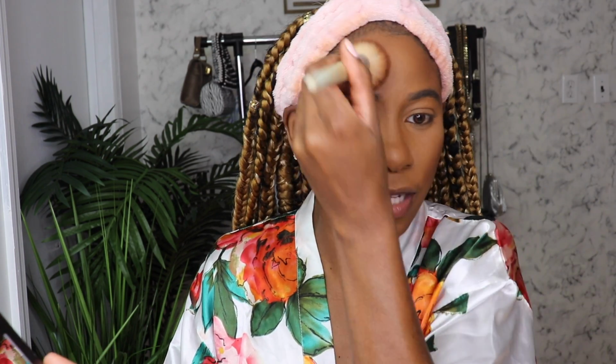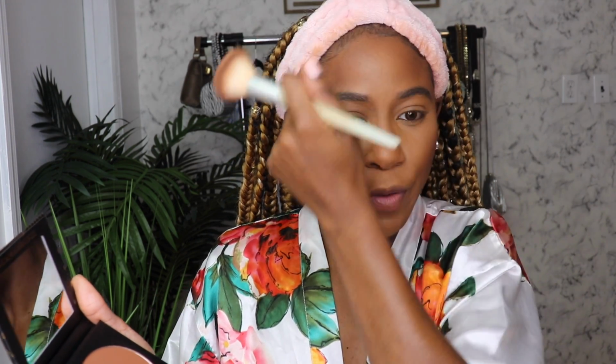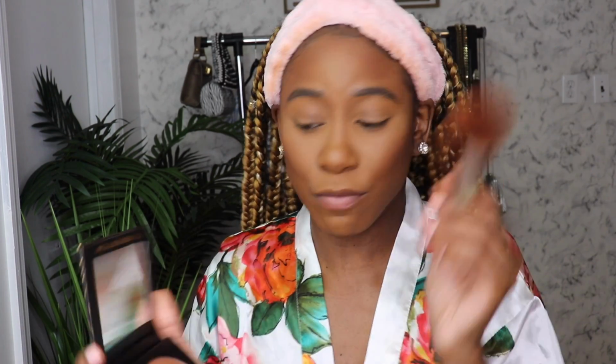I'm just gonna apply it on my forehead. I love bronzer on the forehead, guys. Can't tell me. I love creating the dimensions of light hitting my forehead, where it's lighter here and then all around it's brown. Oh God, do I love being Black. It's my favorite thing in the whole world when it comes to doing my makeup, to create that dimension right there. Can you see it? You see how it's light right here and then you're seeing the shadows that I'm creating. Oh Jesus, if there's anything in life that makes me happy, it's bronzer. And I'm just gonna add some down here,